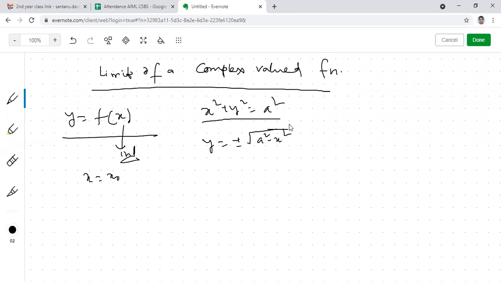Sir, by limit, we will just find out what will be the output at that given input. So that we can find by the function too. No, sir, that we are finding by limit now. By function we can't do so. At x equals 1, what is the value of y? y will be plus minus root over a square minus 1. Yes, sir. So we can get the output by putting x equals 1 though. Are we finding the limit here?